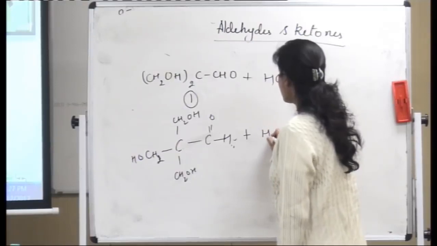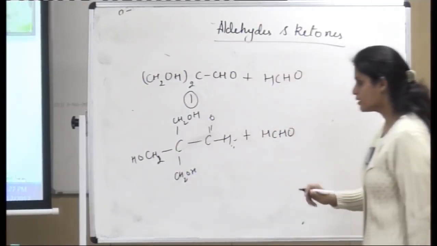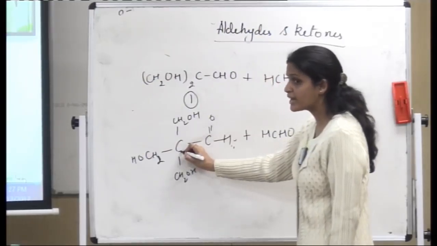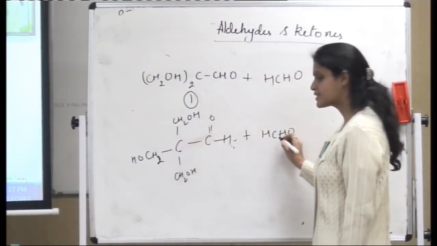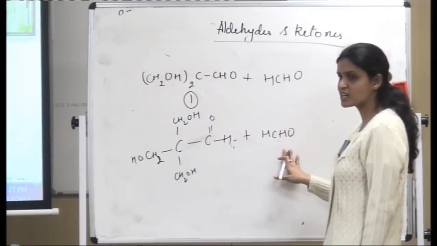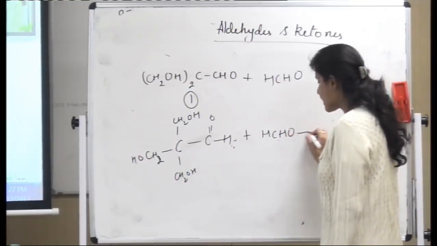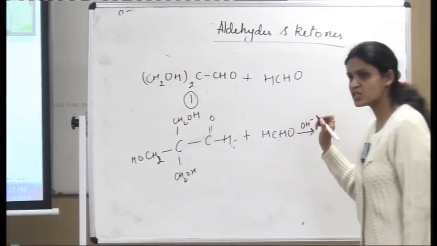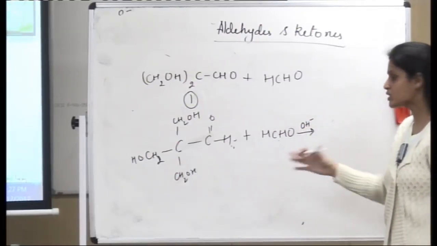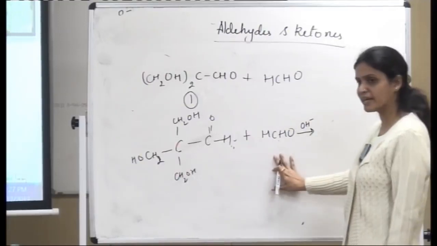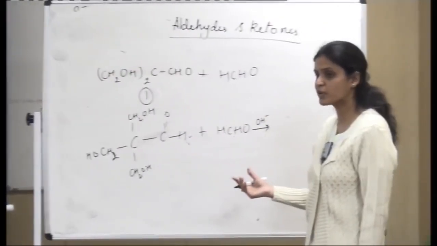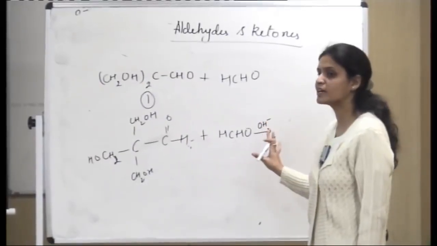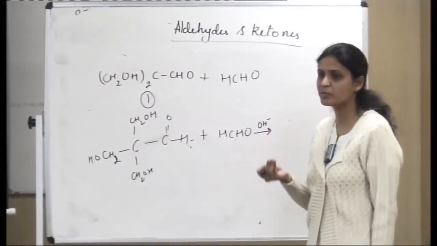What would be the reaction with formaldehyde? Obviously I know that this carbon does not have alpha hydrogen. Does this carbon have alpha hydrogen? This carbonyl has alpha hydrogen. So what should be the reaction? Will it undergo the aldol condensation? If I am saying that 1 and 2 are combining to form a product, what should be the product? Okay, I understand that it will not undergo aldol condensation. Then in that case, what should be the product for this reaction?